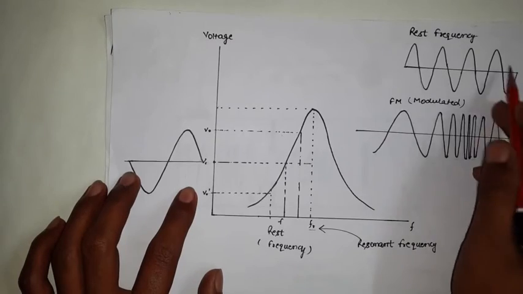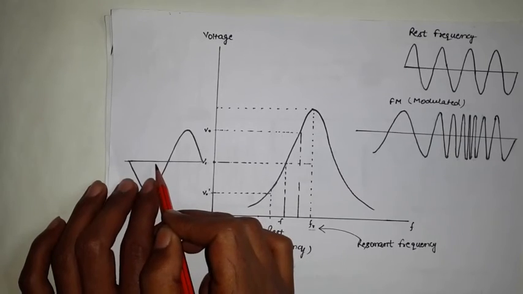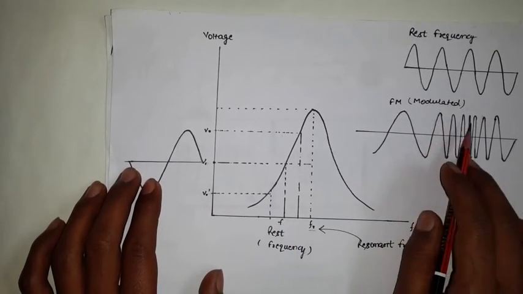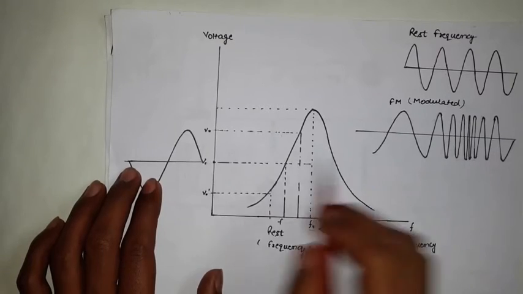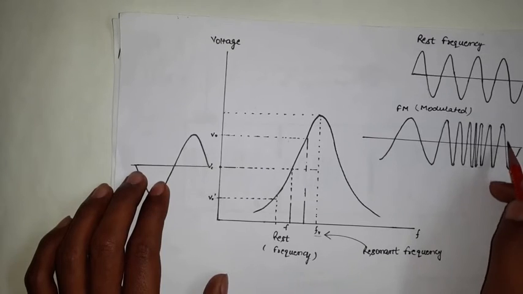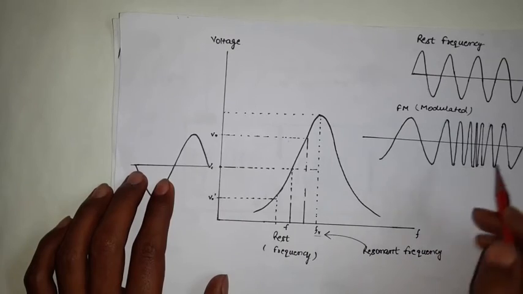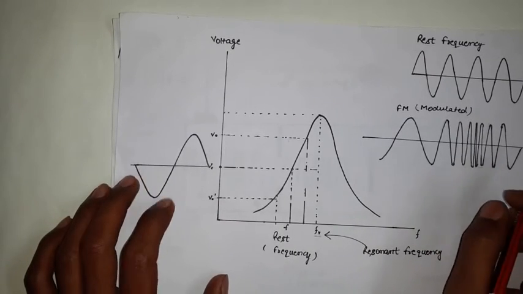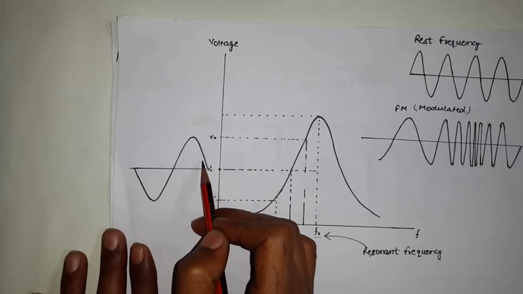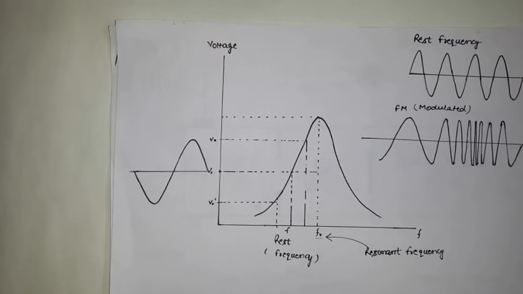Now as long as an unmodulated frequency is fed to the discriminator, the output voltage remains constant. But as the FM modulated frequency is fed, the output voltage varies accordingly. When the frequency of the FM modulated wave increases, the output voltage increases accordingly and reaches a maximum, and then it decreases accordingly. Now this audio signal is fed to the audio power amplifier, which amplifies this low power audio signal to a level suitable to drive loudspeakers.